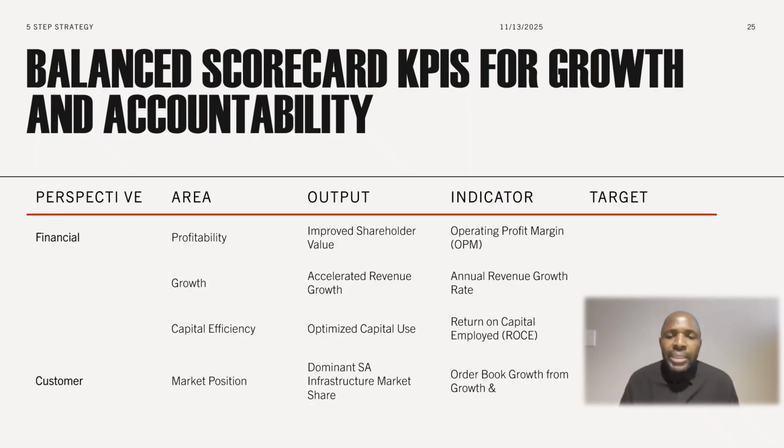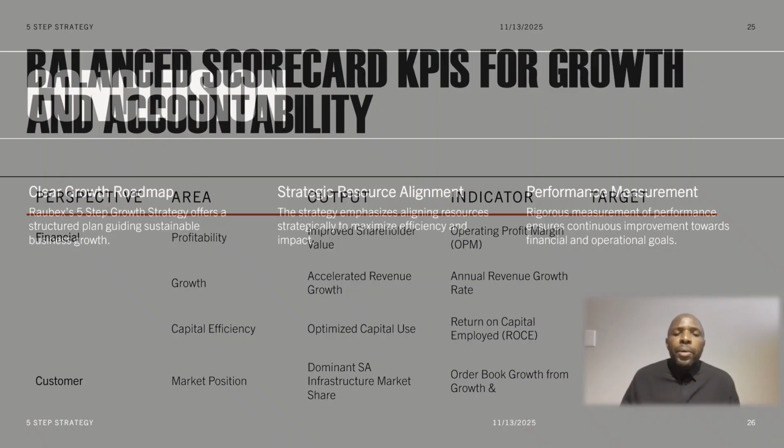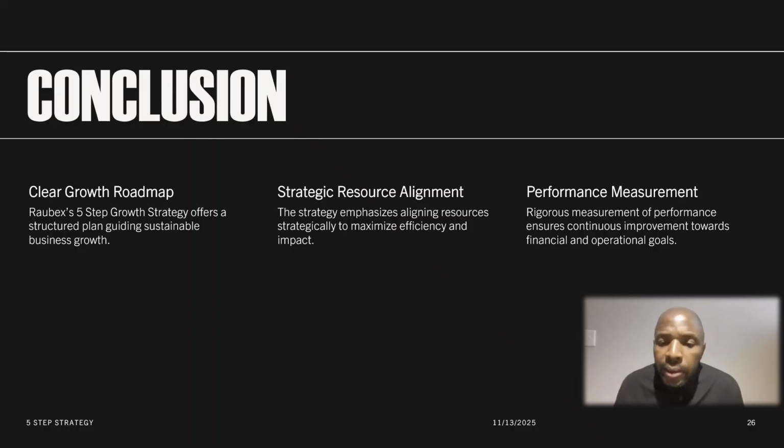It can actually go to even 100 if you want, but profitability to improve shareholder value, the indicator will be operating profit margin, and then growth, accelerated revenue growth, and then annual revenue growth, and then you've got capital efficiency, market position. But you must remember, the targets I didn't put, but it's easy because we've been talking about it all the time. I hope you enjoyed this, because the whole aim of these slides, as I said when we started, is just for us to learn strategy, to see what's happening in the organization, and also put ourselves in